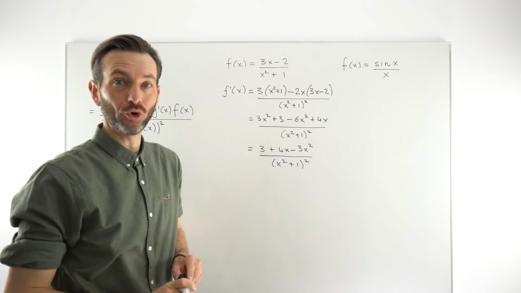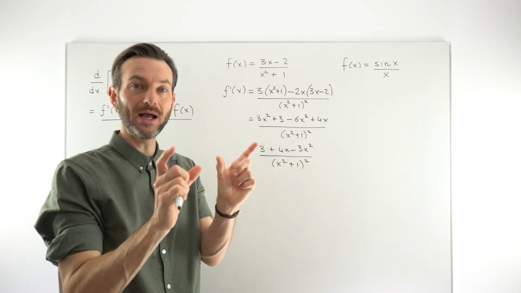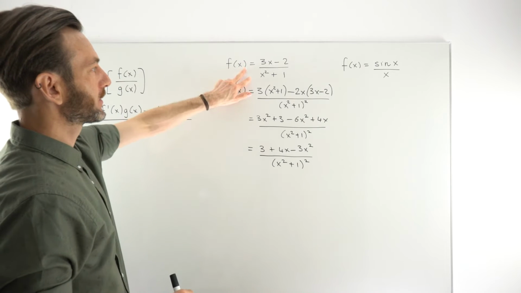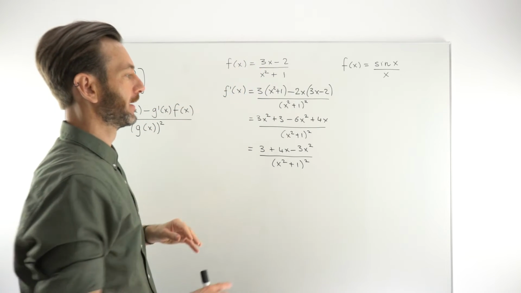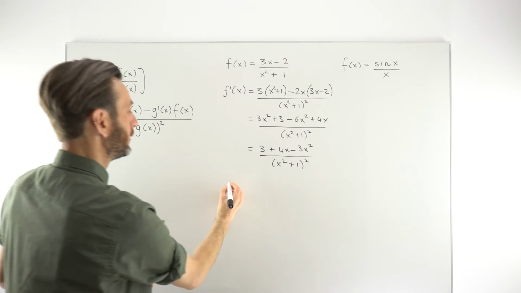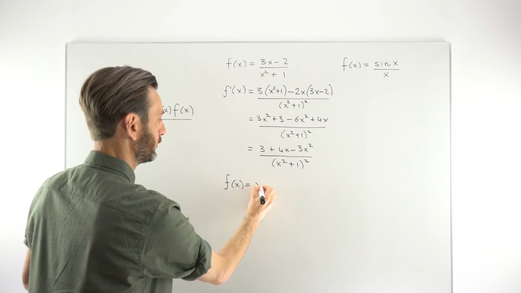Like sometimes with the product rule, for example, you can manipulate the original function. For example, if it's written in brackets, by multiplying out the brackets and then using the power rule. In this case, there's no other option other than the quotient rule, and you've just got to work it through step by step. Right, let's quickly scoot on to the other example I had, which was f of x equals,